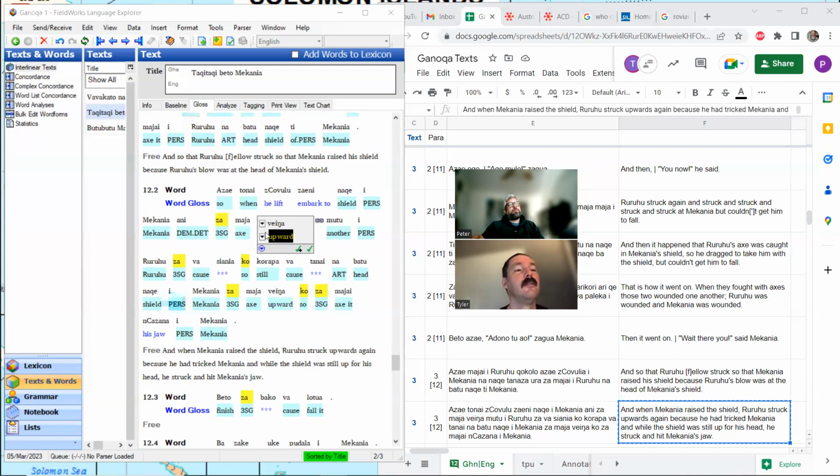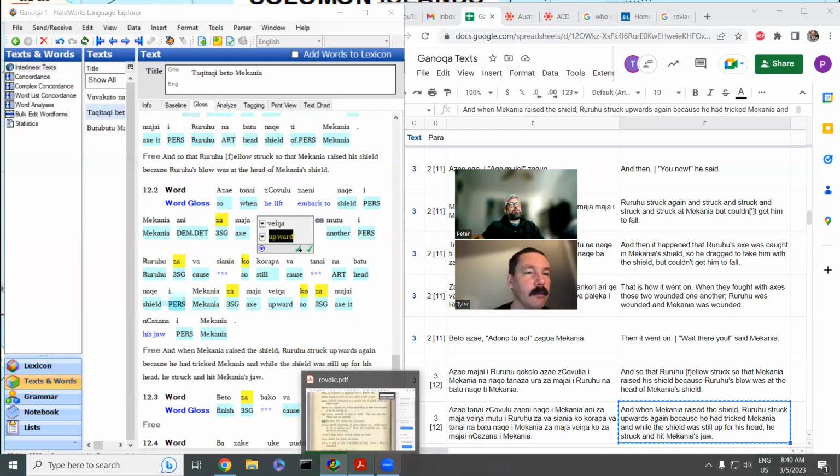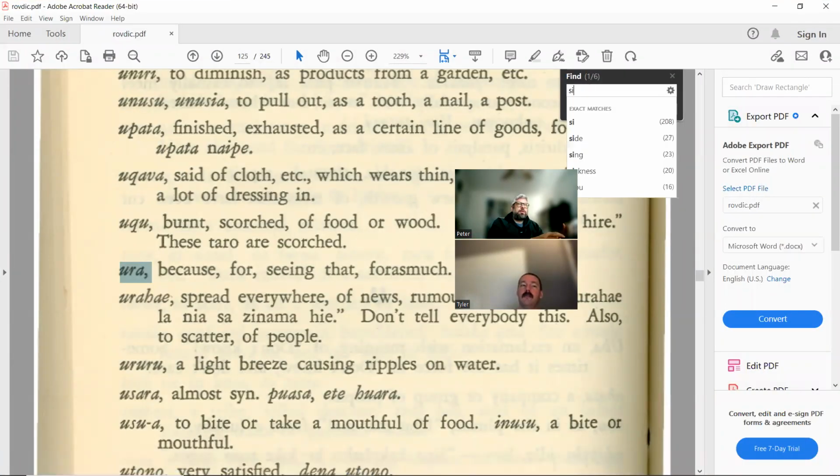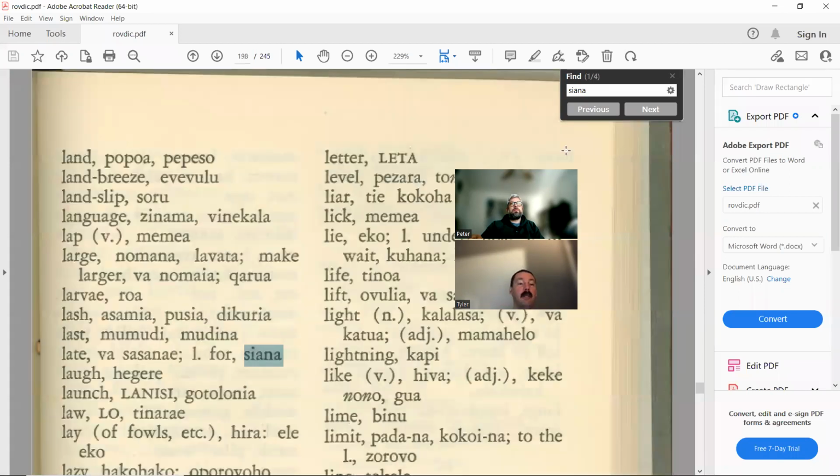So he acts upward another. Now, Siania, I wonder if Siana is the word there. I think it would be. So maybe we check Roviana. Now, we aren't going to get an S to Z correspondence here. We're not. But we get Z in